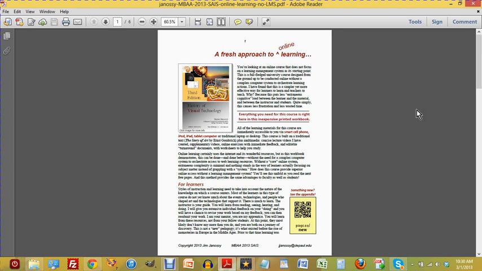Why not create your materials this way, simply with a word processor, and distribute them in this form, and leave the complexity of a proprietary learning management system as a footnote in history? I think the day is past when we need them. Hopefully this will give you some ideas to think about.